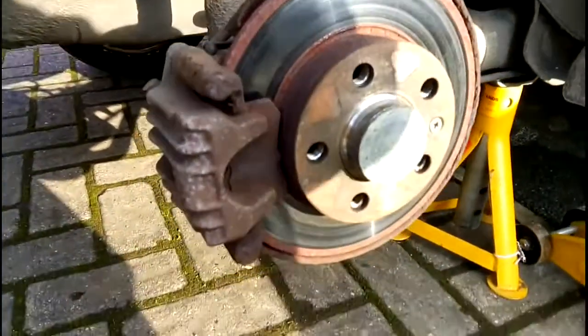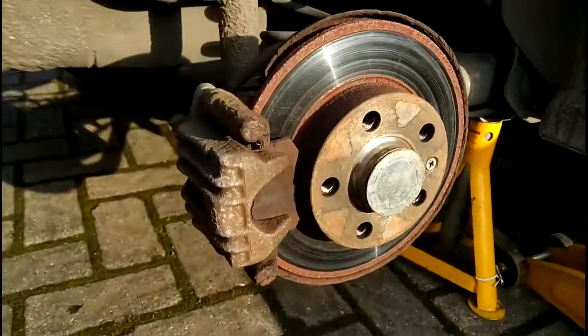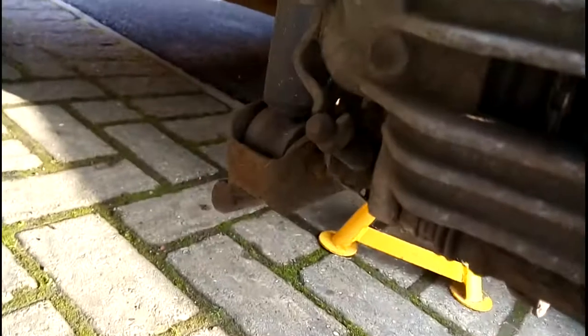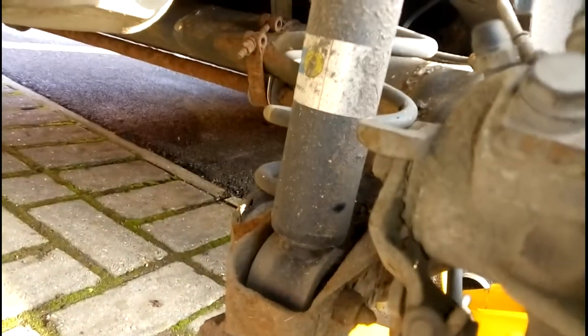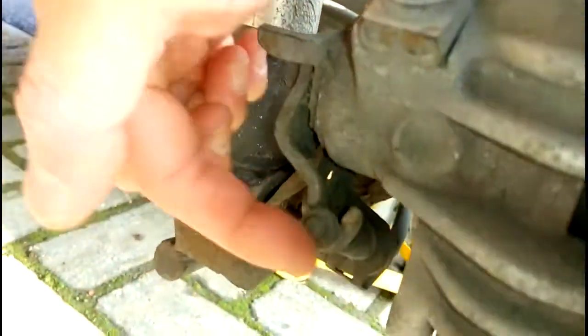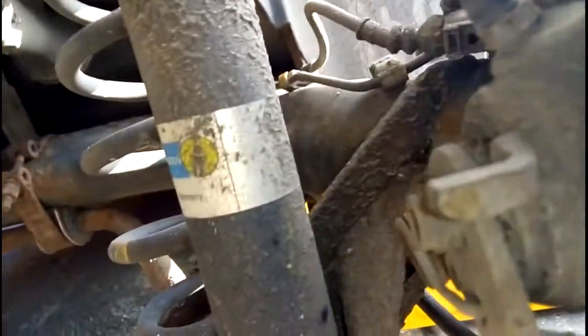Which means the handbrake on this side is currently still being applied even though it's off. So what you look for is, you go around the back, this shouldn't be a gap, this should be all the way up and touching that. So if I can adjust the camera,